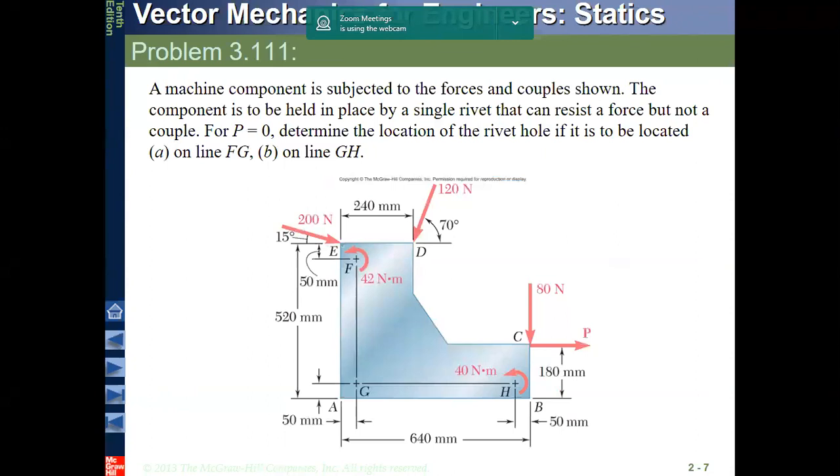You have all the dimensions, and at some points you have the angles to calculate the sine and cosine for each force. You have two couples, of course, at points F and H. And I remind you that the total moment is the total couples,